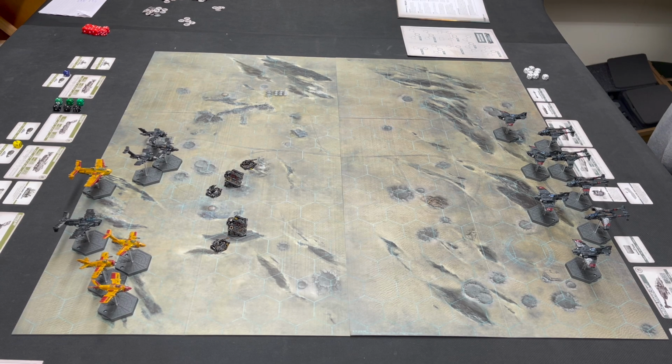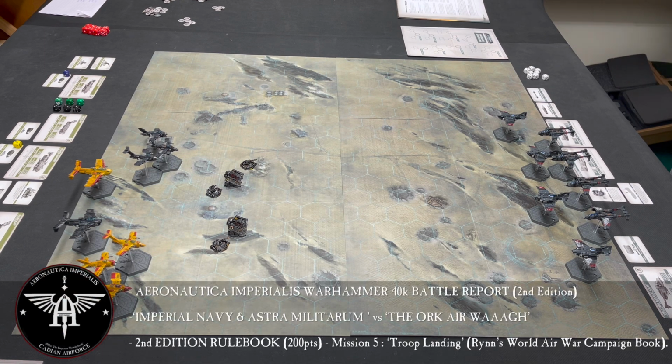Welcome to another episode, at long last, of Aeronautica Imperialis. It is the Imperial Navy and Astra Militarum versus the Ork Air Waaagh. The scenario today is troop landing. We haven't played this scenario before on the channel, and at long last, on the community forum on my YouTube